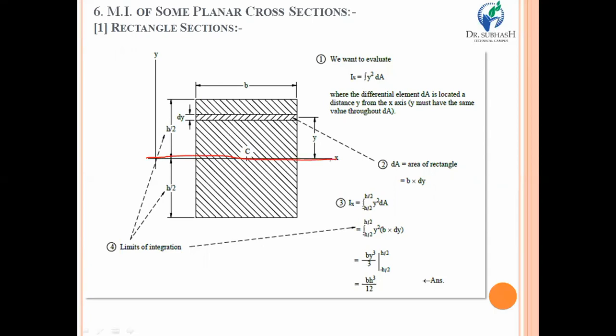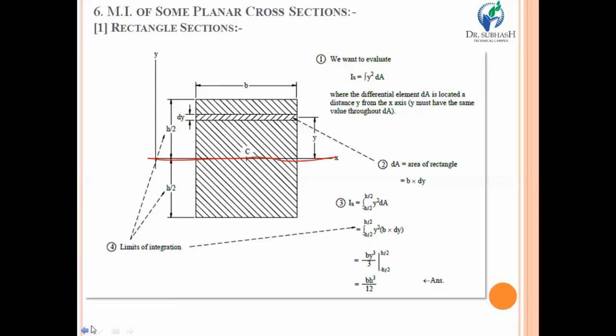Actually, it's not necessary that you always calculate the moment of inertia through the centroidal axis. You can calculate the moment of inertia about any axis, either within the cross section, within the neutral axis, or out of the cross section. There will be no limitation on the axis that you have chosen. So over here, we will practice and derive the relation for the moment of inertia about the centroidal axis.